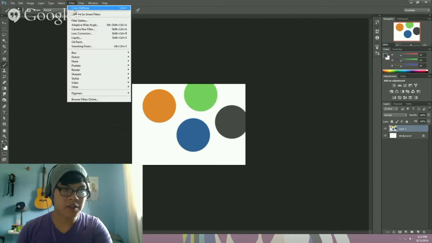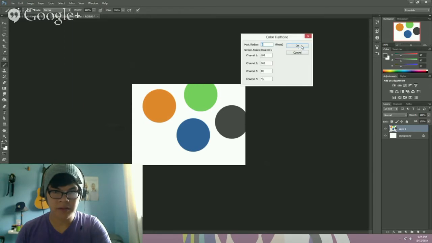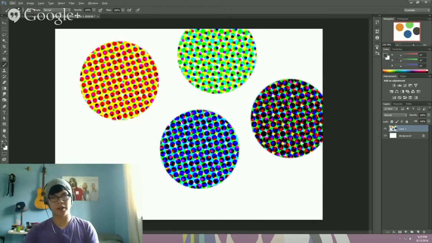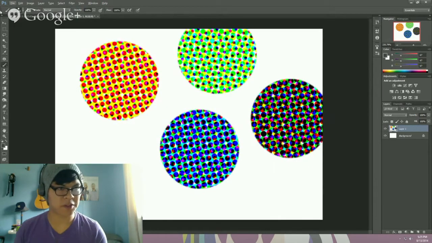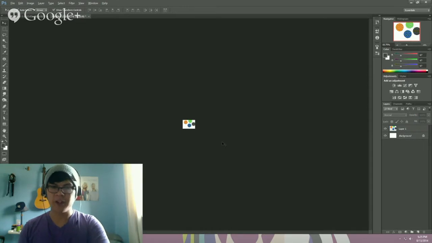So now if I do the same sort of thing, if I go into, where is it? Pixelate, color halftone. So yeah, you'll see some things like this. I'm sure you guys are familiar with this sort of effect before. Like if you zoom all the way out, or you go really far away, you get a very